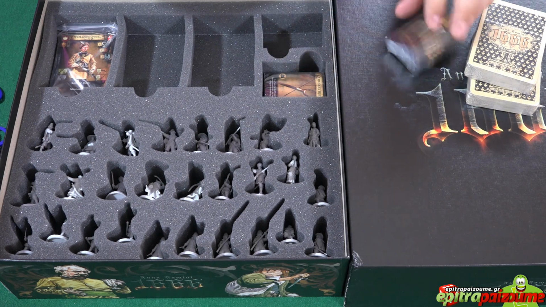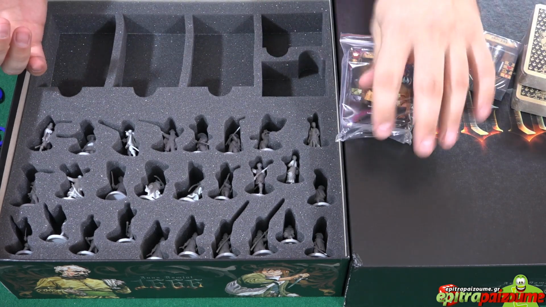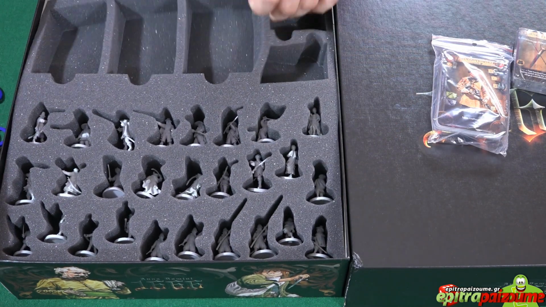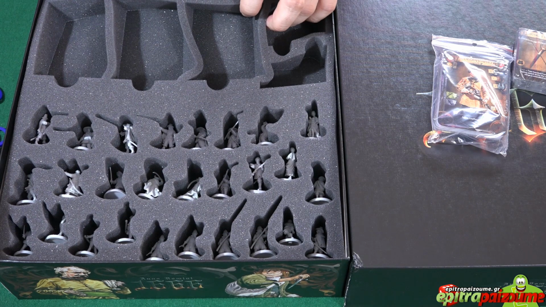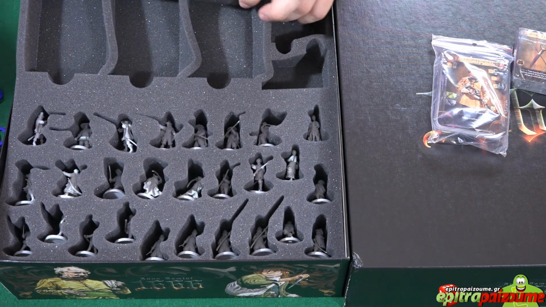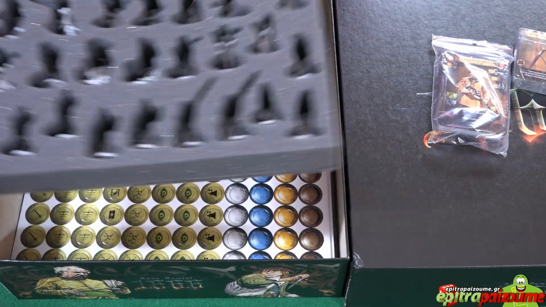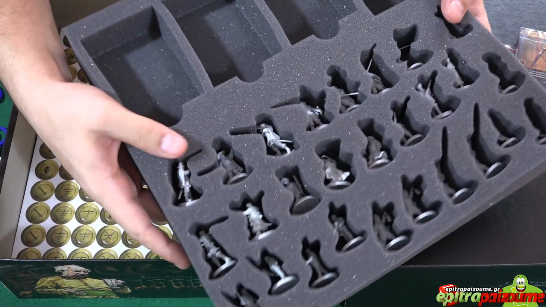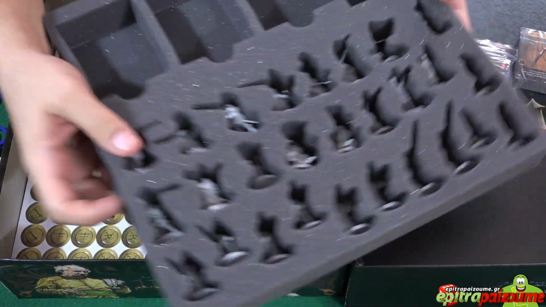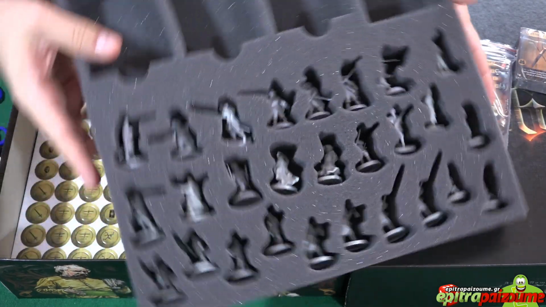I'm just pulling all the cards out for the moment, so I can also take all this insert and remove it from the upper part. We're going to come back to the minis and have a closer look. Look at this material, really. This is the type of foam insert that costs a lot of money, and they have already included it in this